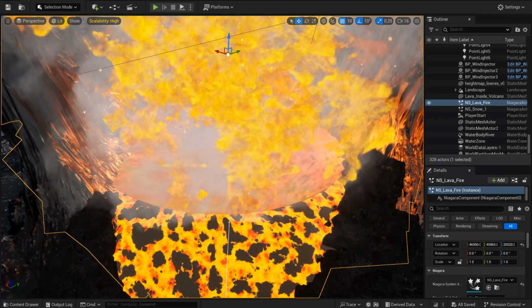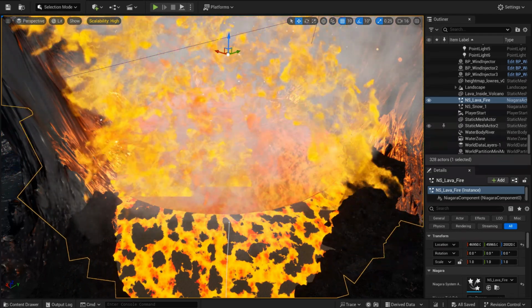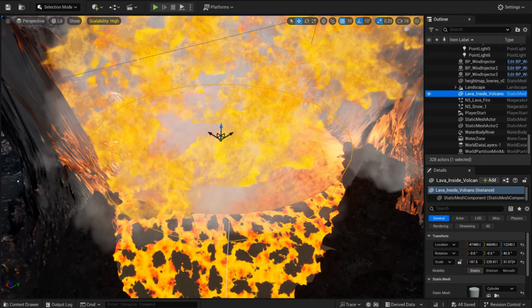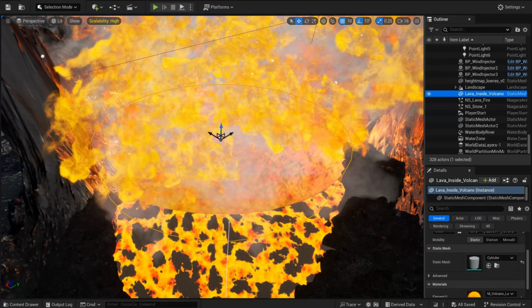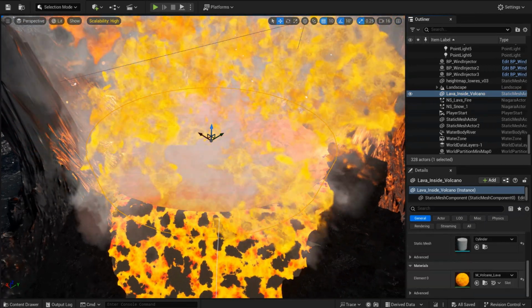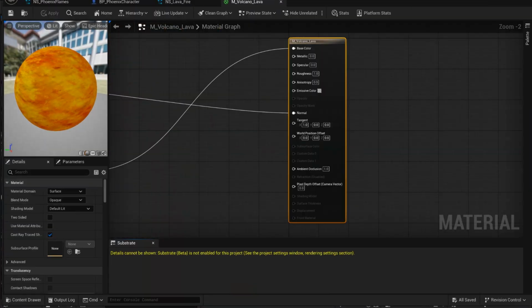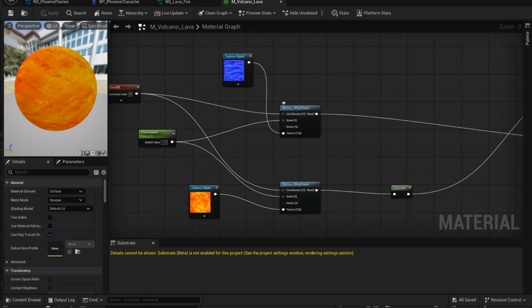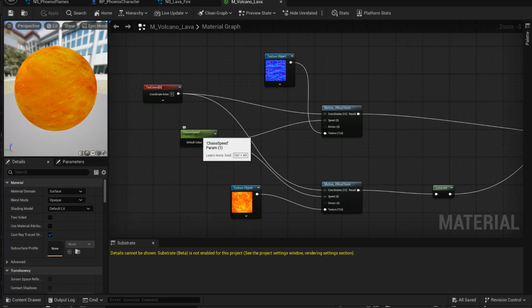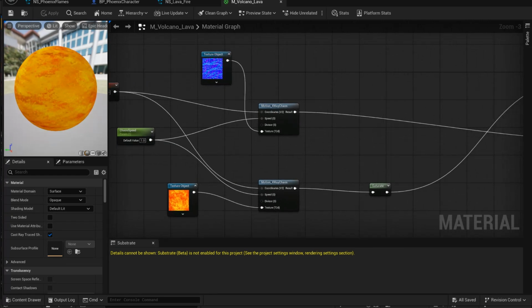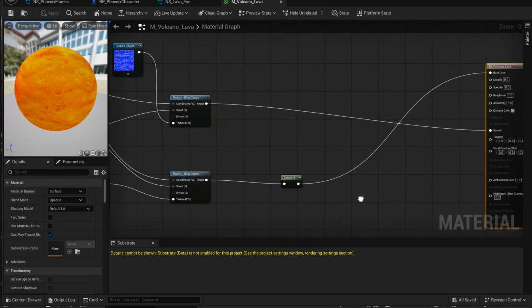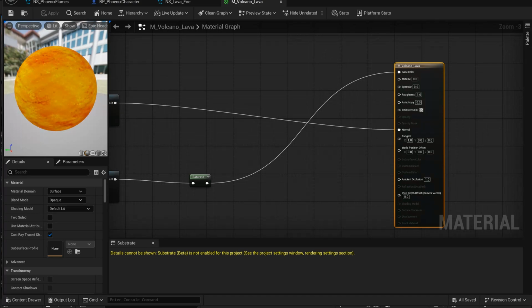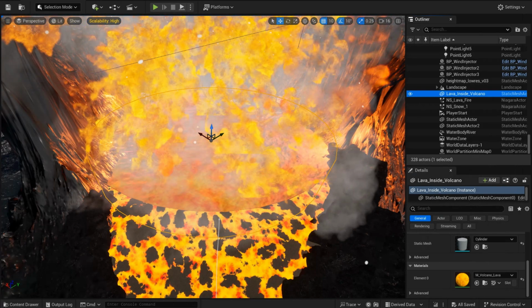And how I did this is by just using a cylinder. This is called lava inside volcano. This is just a cylinder mesh on which I've attached the material. As you can see in the right panel, this is the M volcano lava material. What I'm doing here is using a motion pulverized chaos. This is the texture object. I'm using a chaos speed which is set to 1. Motion chaos has been used both for normal and the texture sampling, and this creates a more undulating lava